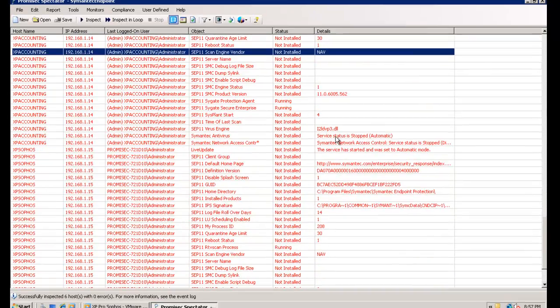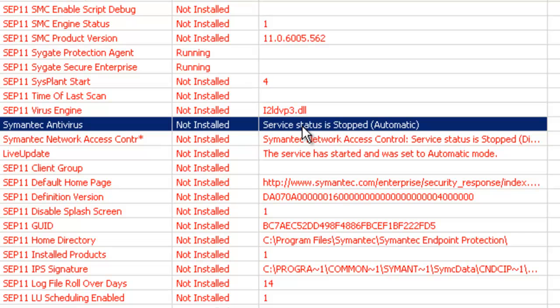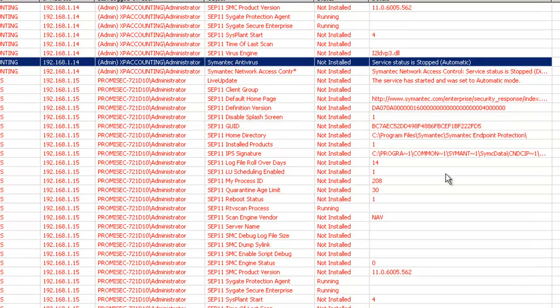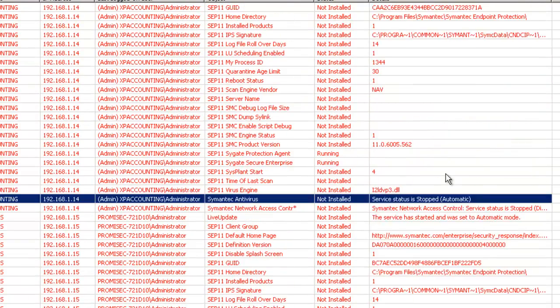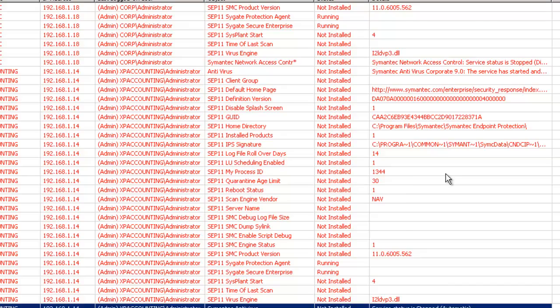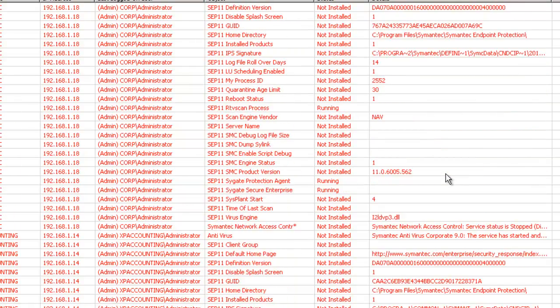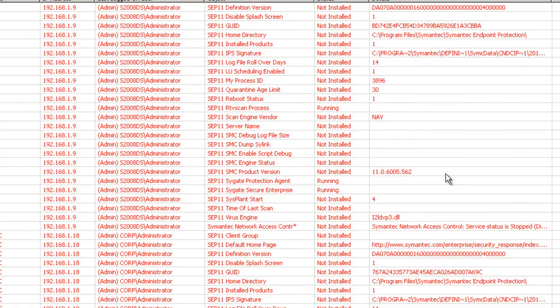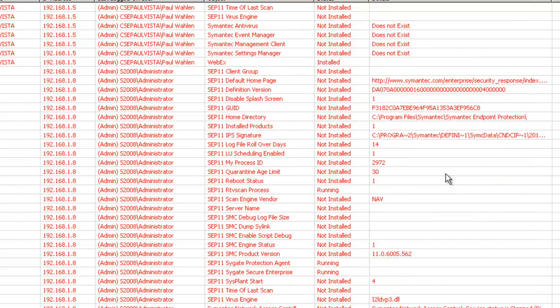Here we see that certain actions have been taken automatically, as we defined previously in the module, in the user-defined query, that when we find a service that is stopped, we set it to automatic and keep it running. We will repair things on the fly. However, you still have the ability to right-click remediate things that you find that aren't up to